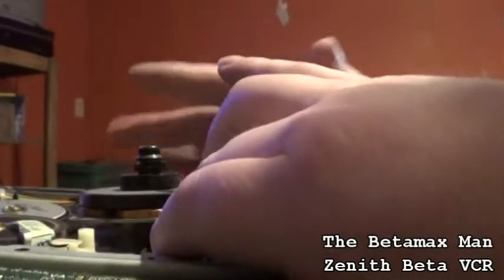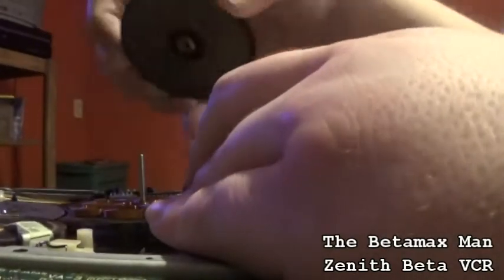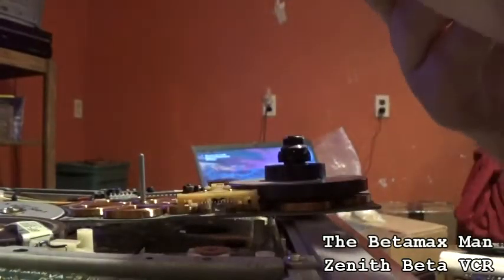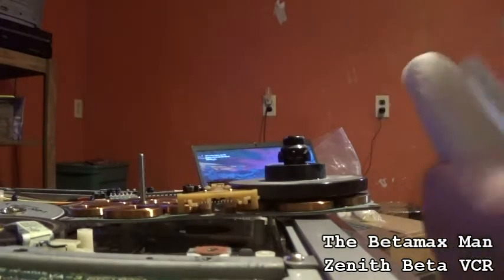Alright, so what we'll do is we'll just spin these and then we'll put the brake on and see how good it does, and it does very well. So the only thing we're going to do is pull the thing off here, and then put this where it's safe. So I'm going to put it down here where it's safe, and then take another clean piece of paper towel,